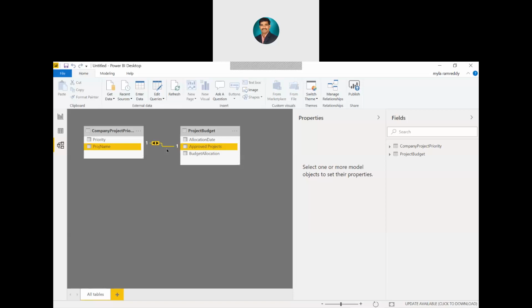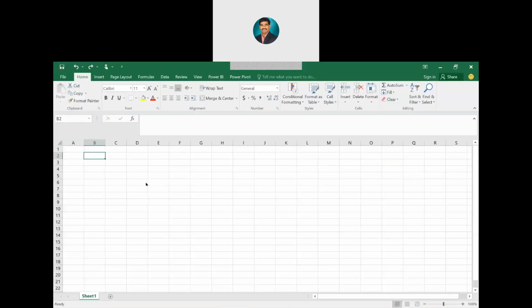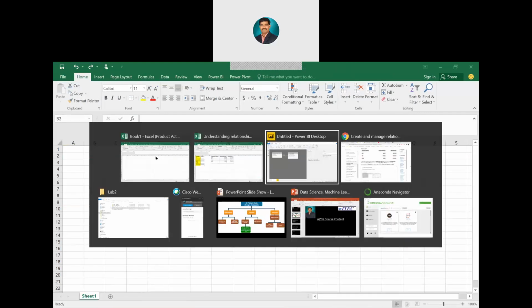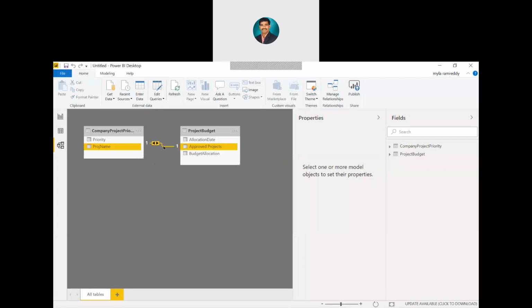The system will provide the cardinality, I agree, but it will provide it based on the data we have today. It won't think about what will happen in the future. It has no common sense. We have to think about how these tables will be in the future, and we have to provide that cardinality manually.